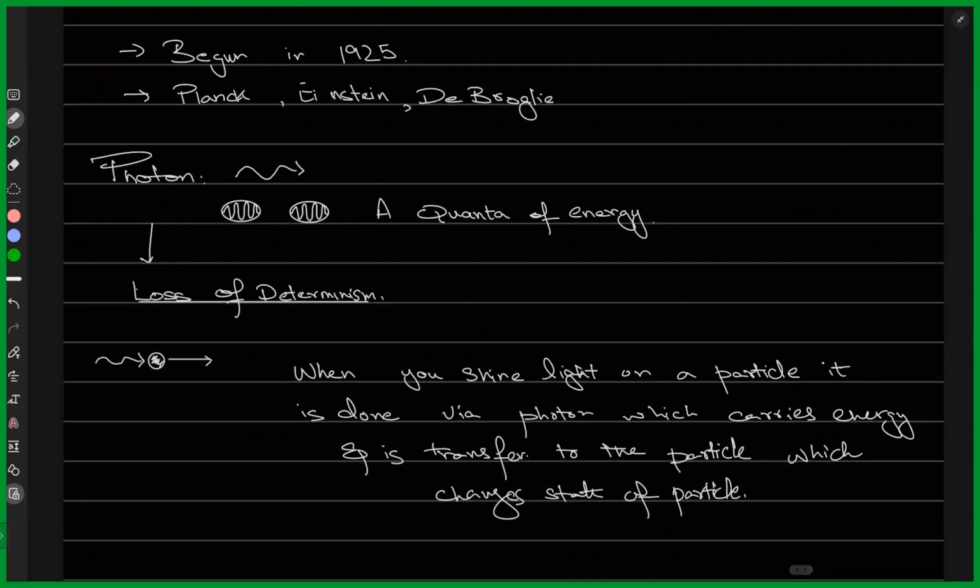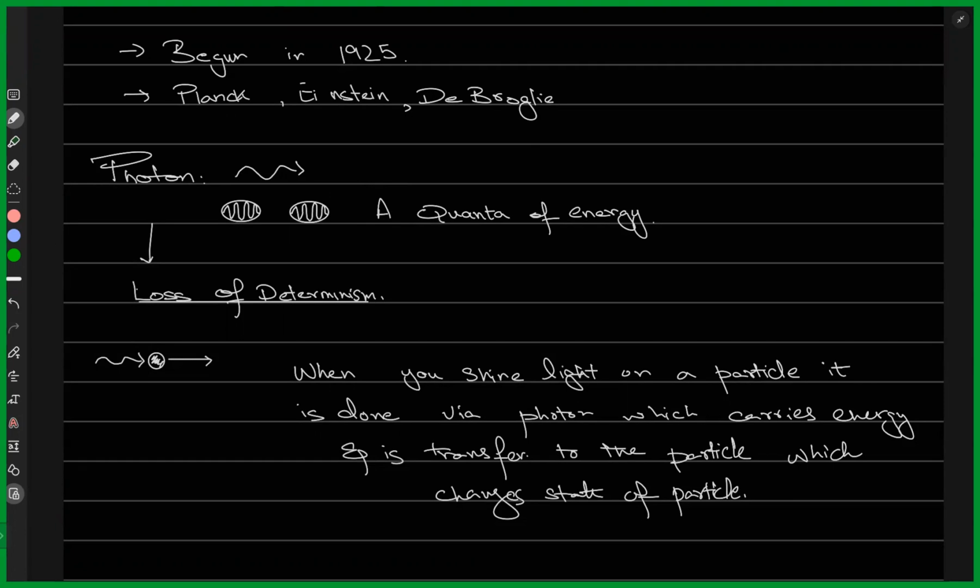Then we talked about a photon, right? And we'll cover that. What is a photon? The idea of a photon, where does it come from? What really is a photon? Everything we'll cover in this video. But in brief, I said that it is packets of energy. So one photon is a packet of energy, and then you could have multiple photons.